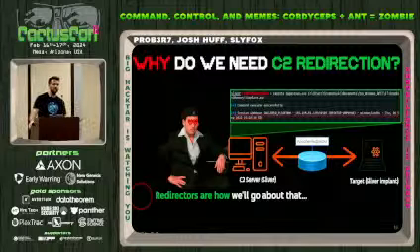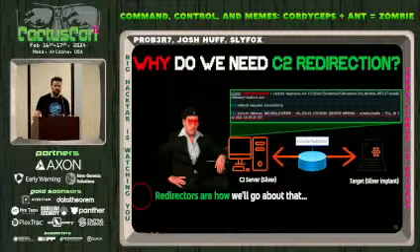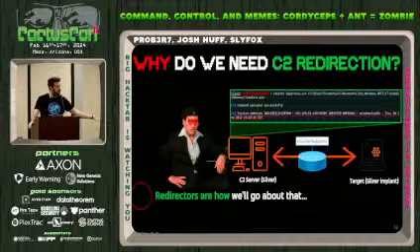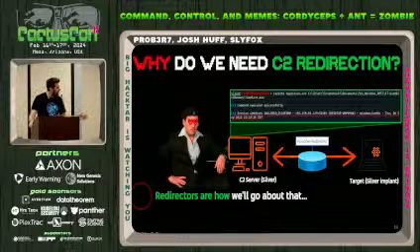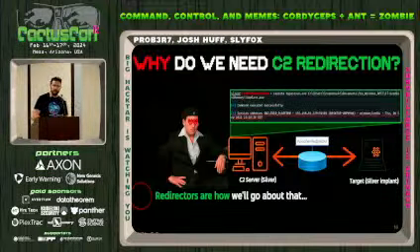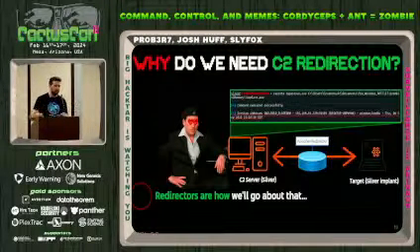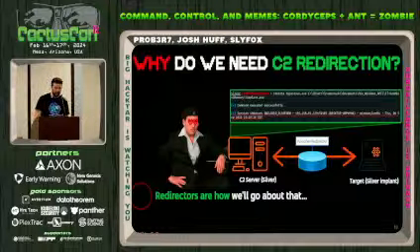And if you have one of your offensive line players that's injured, you could probably replace him pretty easily without much of a game changer there. But if your star quarterback gets taken out, you might lose. It's kind of the same with this. If one of our C2 redirectors gets taken out or one of the paths to the redirector gets taken out, that's fine. We can just pivot and move on. But if they actually find our C2 server, we've got to start over because we've got a problem.